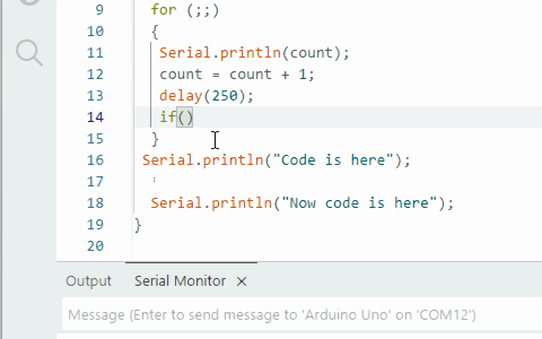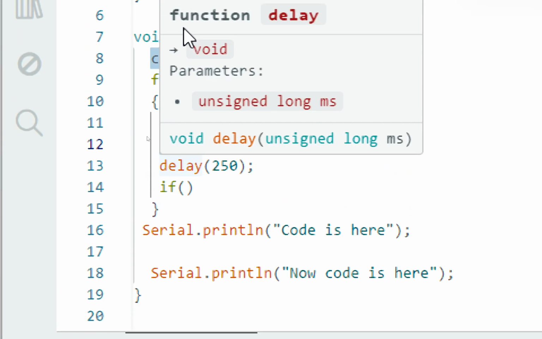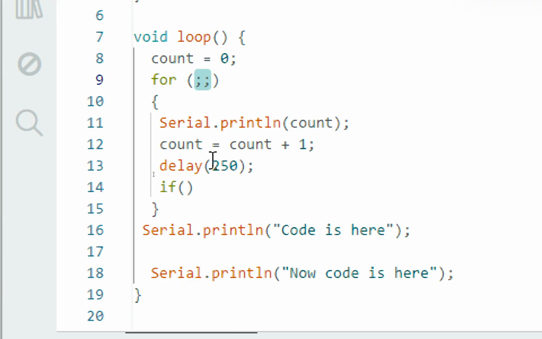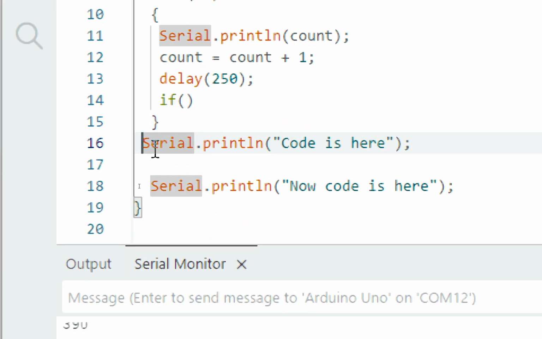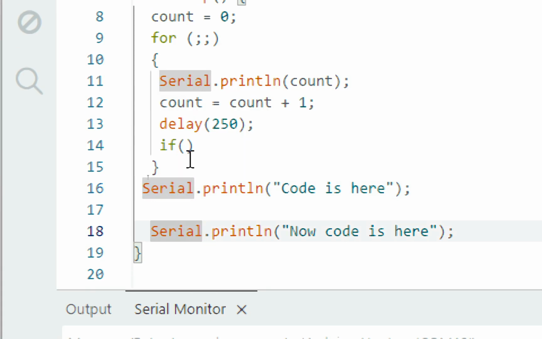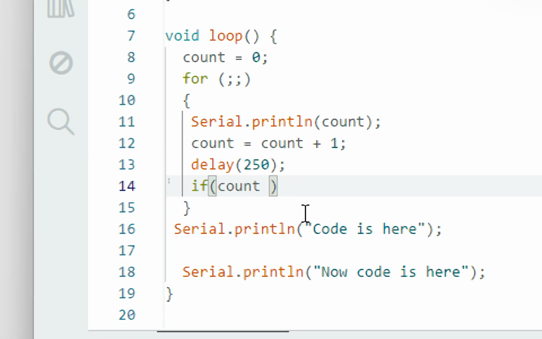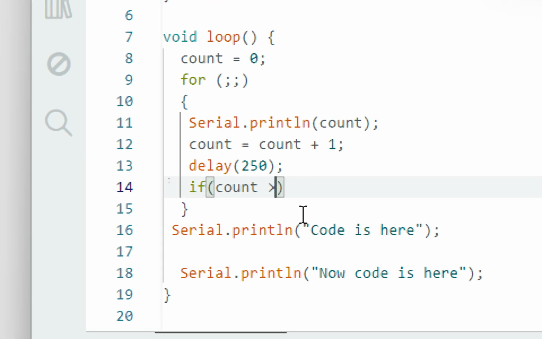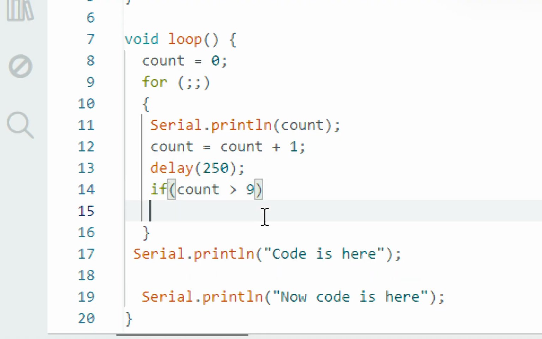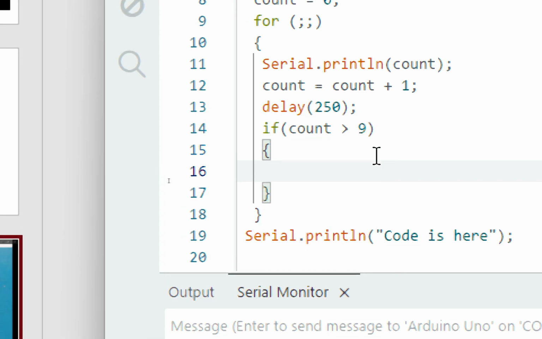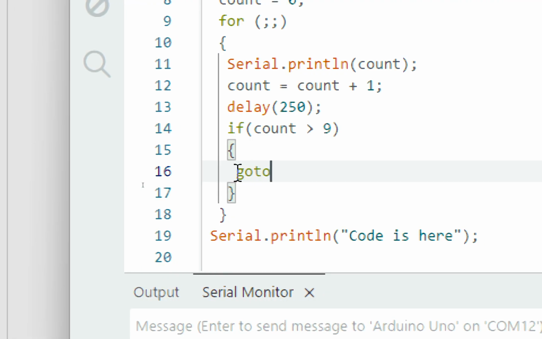So I write this command, if whatever the counter value is. If we write a command here, then this will not be achieved. It will directly go there, but we want to bypass this command. To do that, you just write if count is greater than any value that you prefer, like 9, it will be like 10 or 9 times, whatever it is. If the count is greater than 9, if this condition is satisfied, then you use a goto statement, goto,